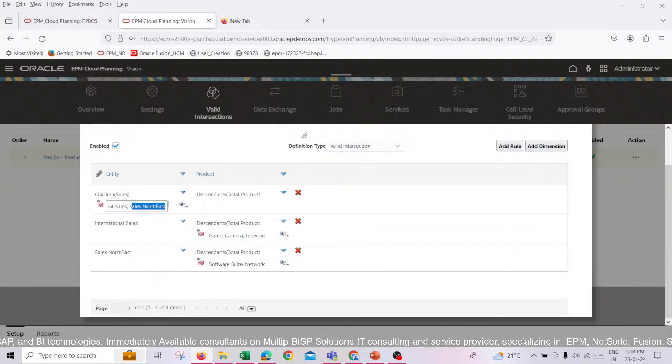excluding international sales and sales northeast. These are my two entities in which I don't want these products to get sold, so I have excluded my entity from these products. Same goes with the second scenario, which I have now created, in which